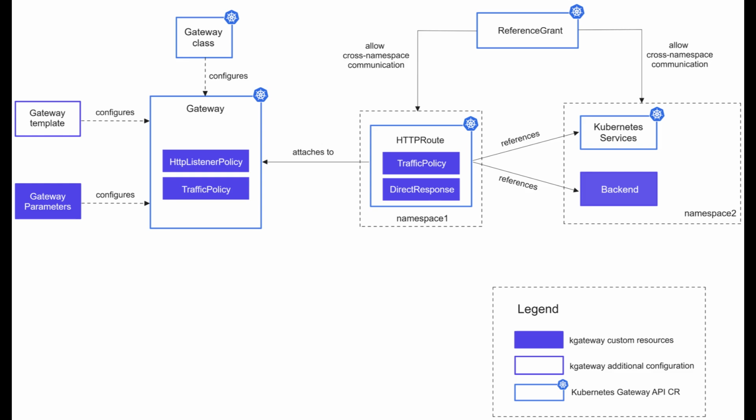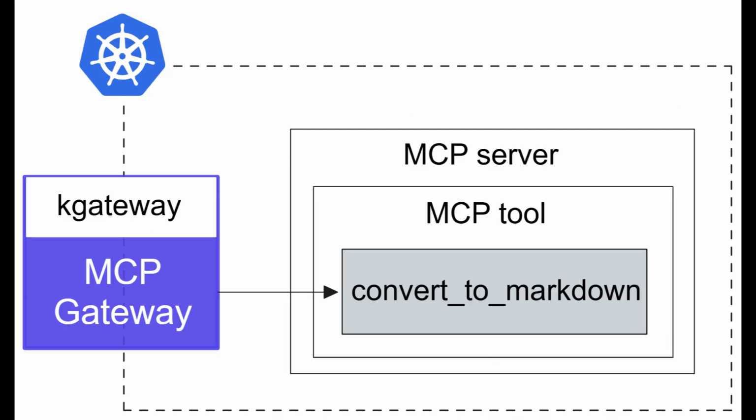Wrapping it up, that's the deep dive into Kgateway's architecture. From Envoy's high-performance data plane to the Kubernetes Gateway API's declarative control plane, Kgateway is engineered to handle the demands of modern cloud-native applications. Its traffic management, security, and resiliency features make it a go-to choice for DevOps engineers and